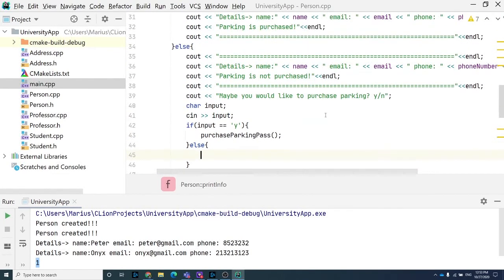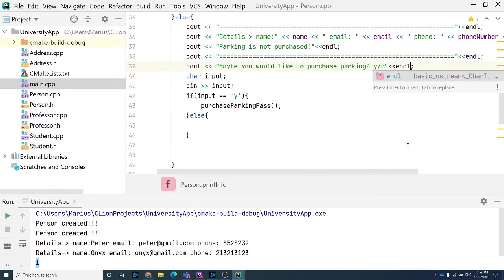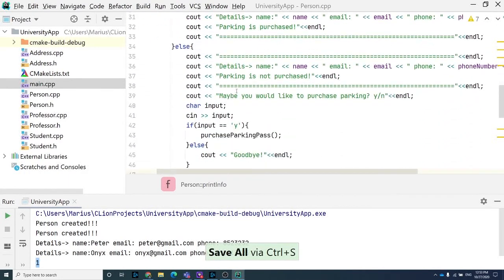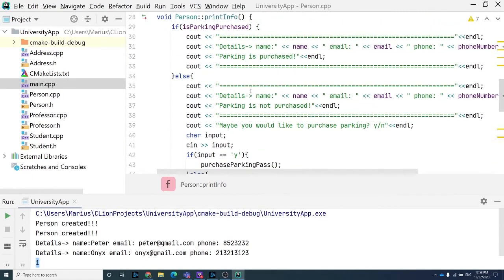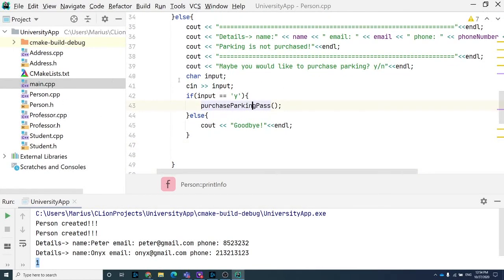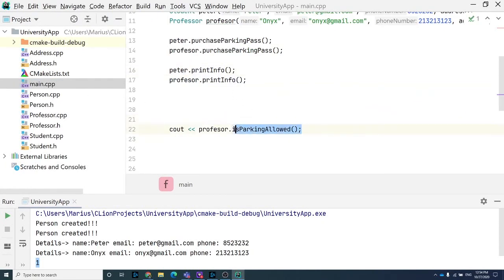Else, I don't know if we need to enter. Oh, okay, we just, else, print some like this. We just print some info. Goodbye. Like this, I don't know. Here's just an example. We extended our print info method, and is purchased. Okay, we print that one. If not purchased, we suggest to purchase. And by default, in our case, we have not purchased ticket, and we take, for example,